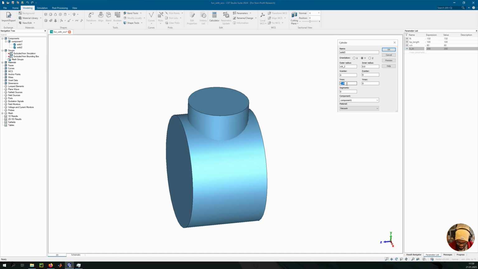So I would set Y min as HCH, and then set Y max as HCH2, the height of the second cylinder on top of it. If I preview this, for RCH2 I want to make it smaller, so it was 80 before, let's make this 60. And the height, I'll make it 100, or let's say 50. So if I preview this,